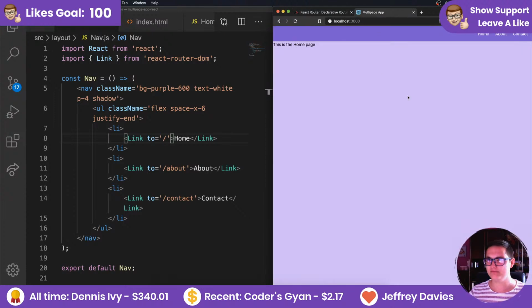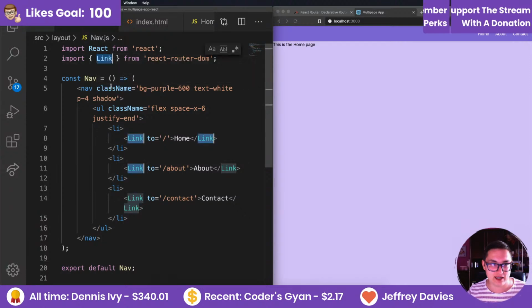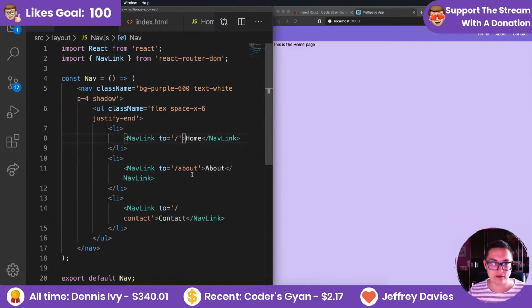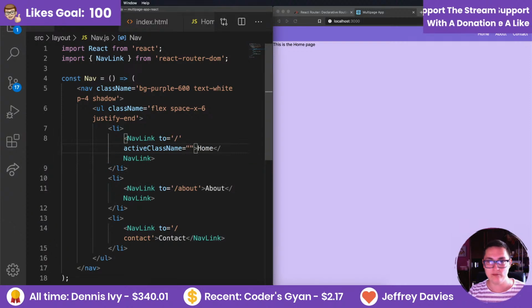So let's see how we want to show that this is active. Is someone a designer? But yeah, first let's change this to be NavLink. And now we can say activeClassName to be,